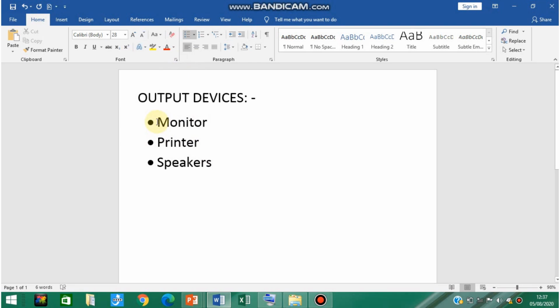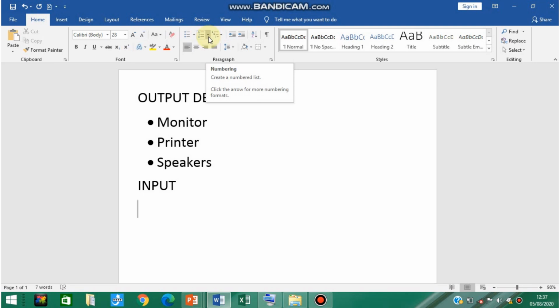Now next is how to add numbers while we type our list. For example, input devices. Again you have to move inside the Home tab. Inside the Paragraph section, beside the bullet option, you will find the option for numbering, create a numbered list.